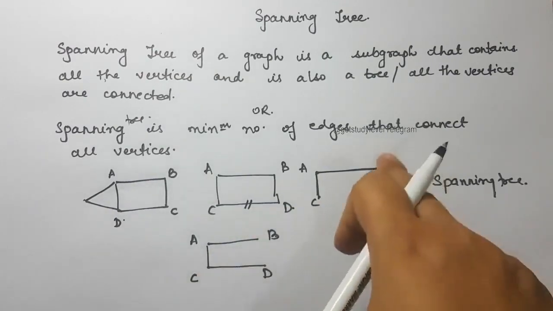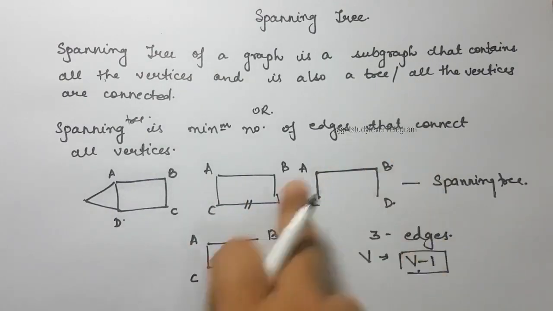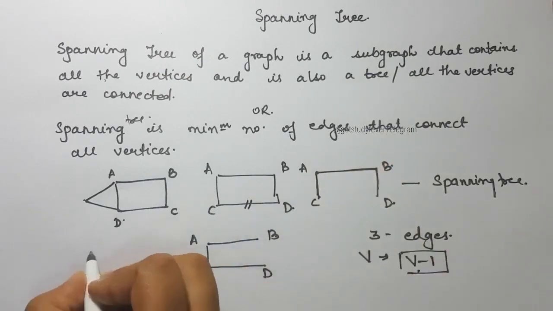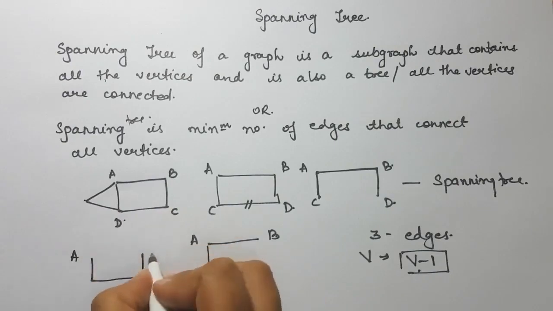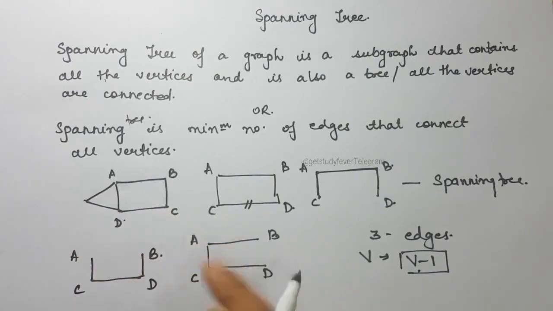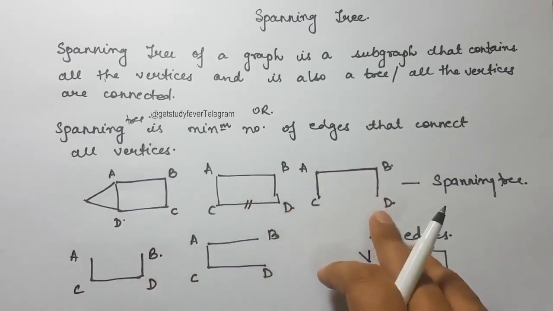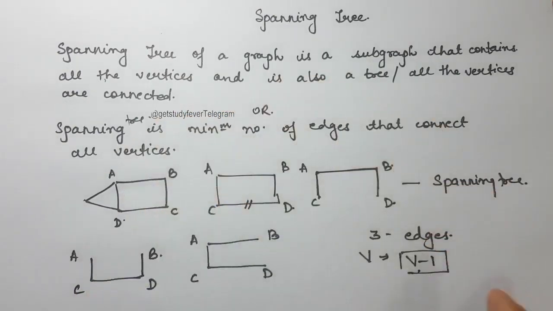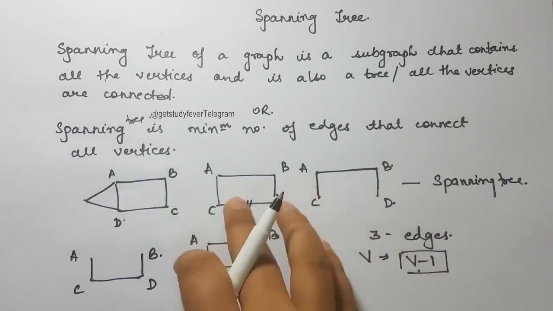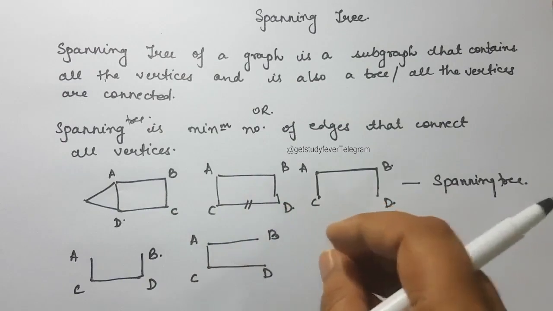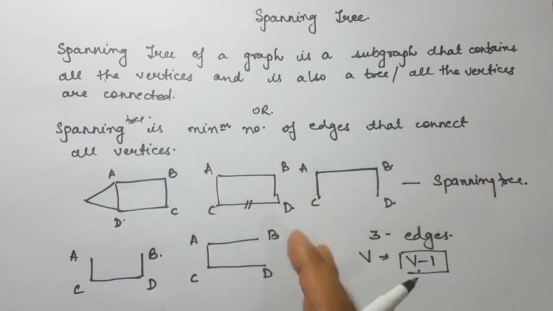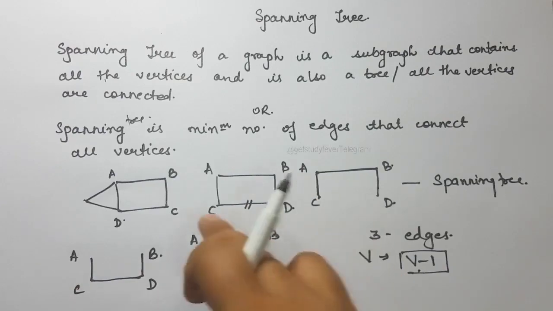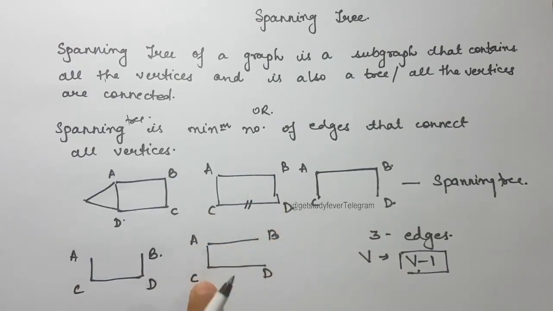There could be various spanning trees available. So this is one of them, this is one of them, and I can also put this as this. So these are the various representations of a spanning tree. So this is all about spanning tree. Just revising it, spanning tree is nothing but the minimum number of edges that can connect all the vertices. So I want that whatever result comes out should have all the vertices, and all the vertices should be connected to each other.